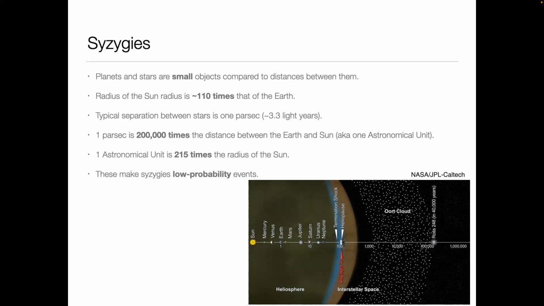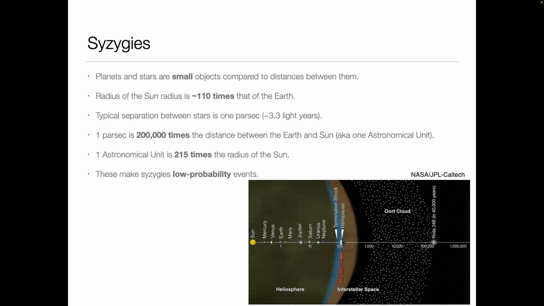In fact, planets are much smaller than stars in general. There are some cases we will cover if we have time, but usually stars are much larger than planets, which means that the relevant spatial size you should have in mind is that of a star. Now, the interstellar distances, or in fact, even just the distances between stars and planets, are actually much larger than the typical sizes of stars.